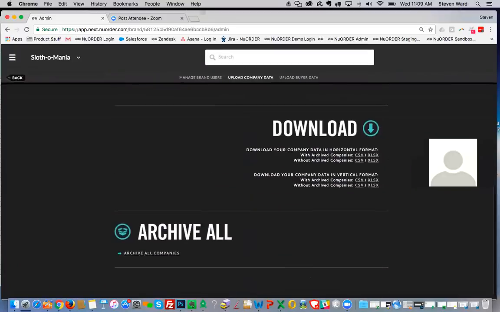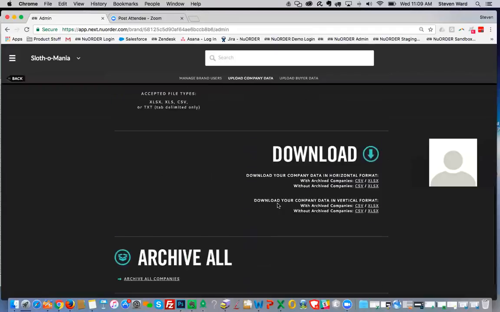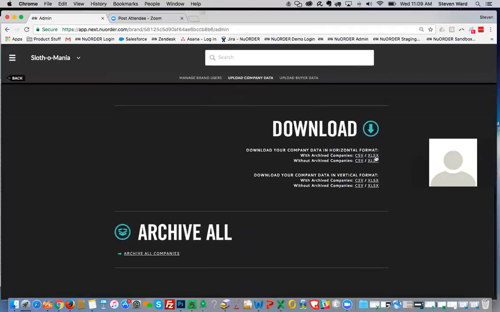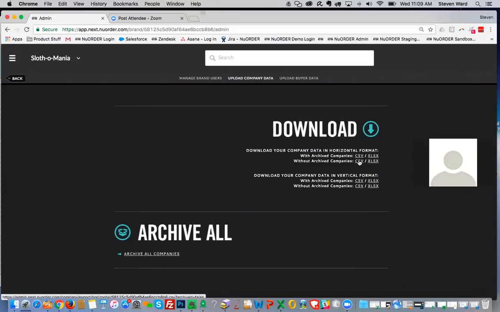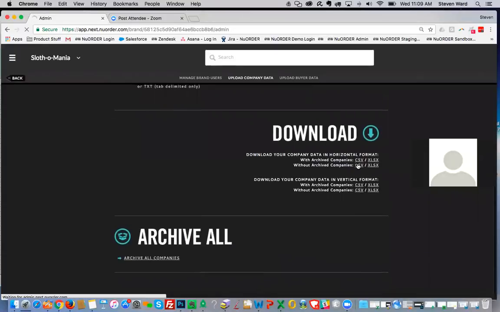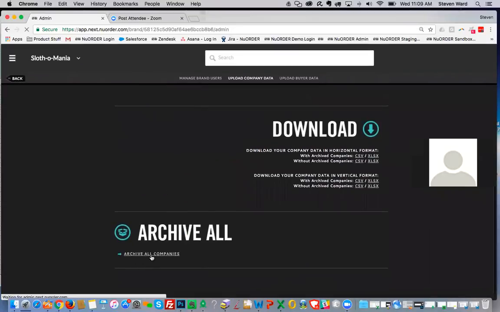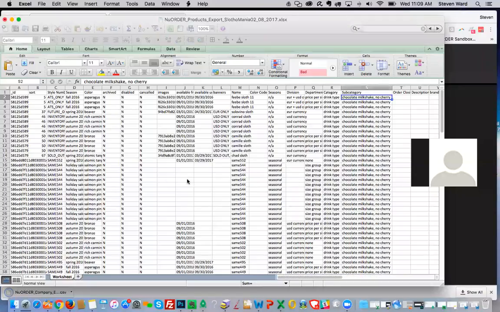And I'm sure a lot of you are familiar with this, but in your company data, you can download it in bulk here. So I'm going to download without archived companies in a CSV format in horizontal. That's actually my preferred download method for the companies. So I'm just downloading that now, waiting for it. When I open this up,